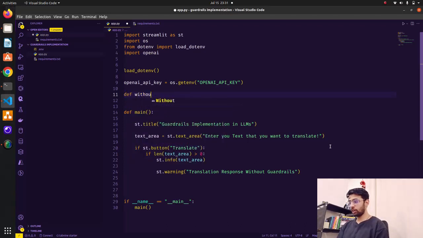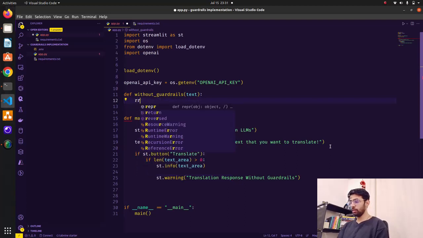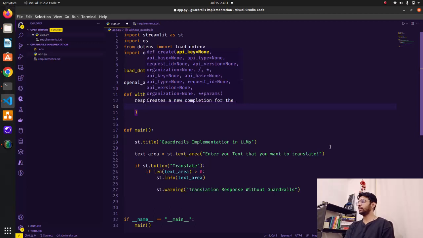So let's write without_guardrails, and this is my function that will take an input prompt. Let's pass the text as a parameter, and write our response variable to have a completion engine. So what I'm going to do here is openai.Completion.create, and inside this let's have a prompt.